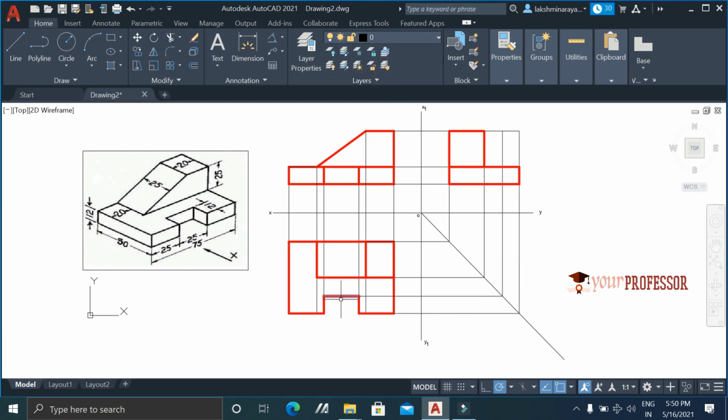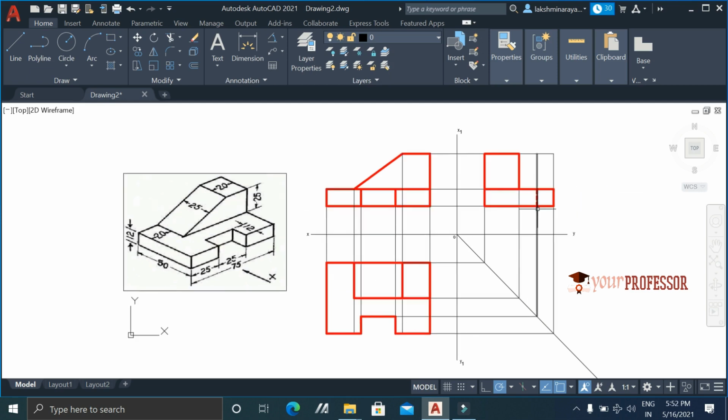And here the rectangular hole appears as invisible, right? So here you can draw a dotted line. This dotted line represents the invisible line. This is nothing but this line, so here it is represented as a dotted line. In the side view this line is not visible. For that reason I represented this one as a dotted line.